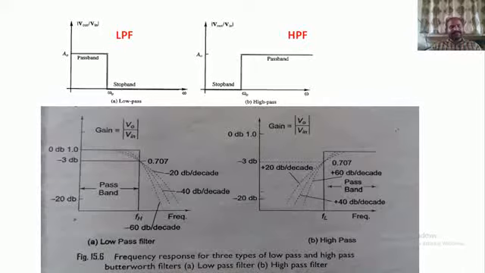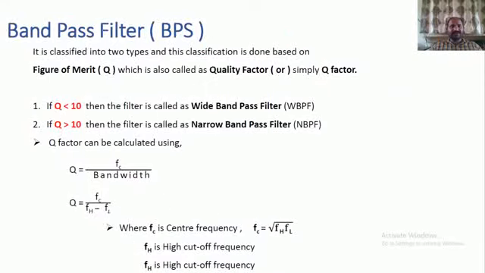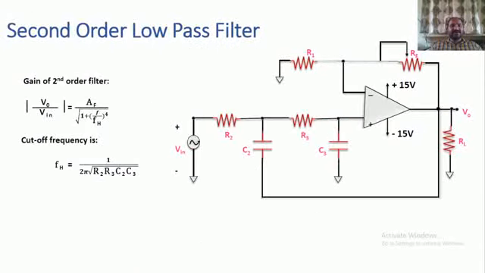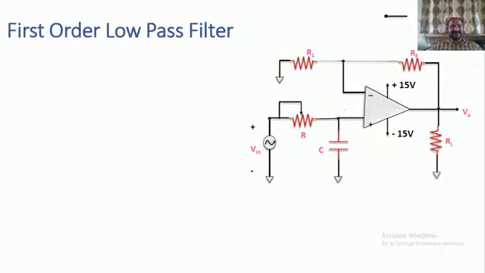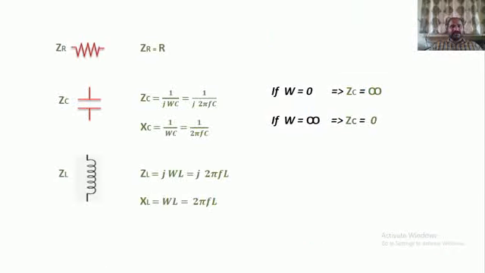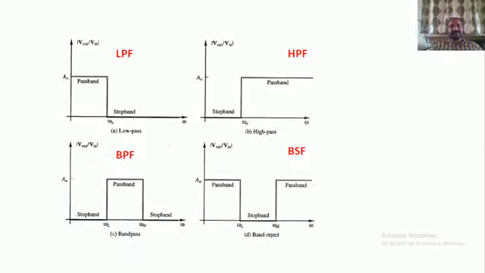Now before going to the band pass filter, let me concentrate on some ideal characteristics diagram. We have seen this in the previous classes, right? So simply focus on it, because I would like to show how exactly the band pass filter circuit diagram is constructed. If you see this graph, it indicates the band pass filter ideal characteristics graph.